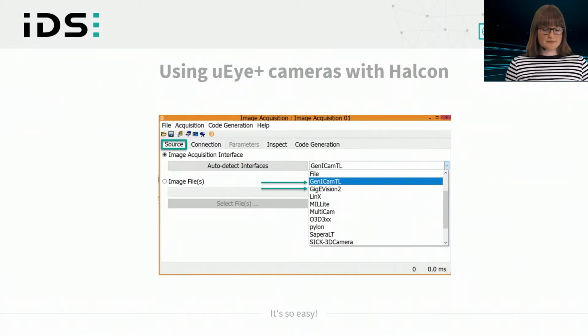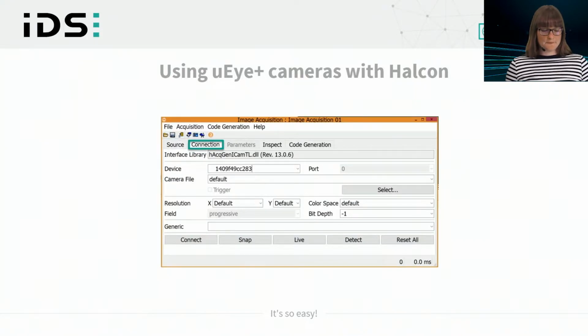Once you have chosen an interface, you can connect to the camera. And once you're connected, you also have access to the parameters, and you can adjust them, like exposure time or setting a frame rate or area of interest. When you're happy with the parameters, you can start the image acquisition, either via Snap or via Live.